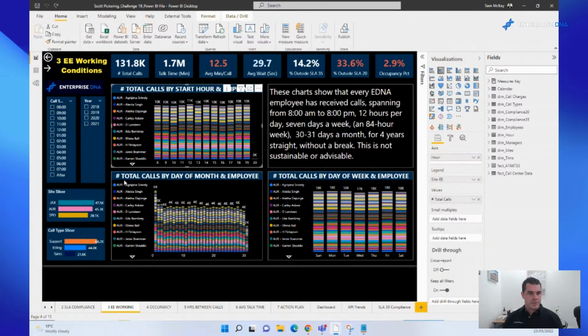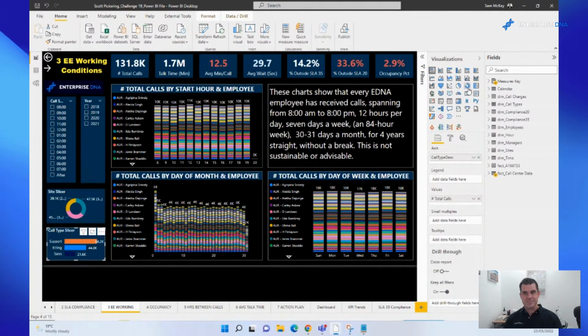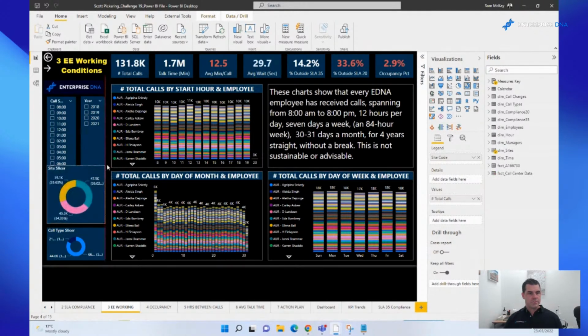So these ones down here, there's only 3 items there, so I would probably change it into a donut chart or a pie chart. I know some of you don't like these visualizations, but to me, these are a much better representation when you've only got 3 items, compared to a stacked bar chart. You'd probably want to give these a little bit more room so you could actually see what's going on. But to me, these are always a much better visualization when you only have a few different items.